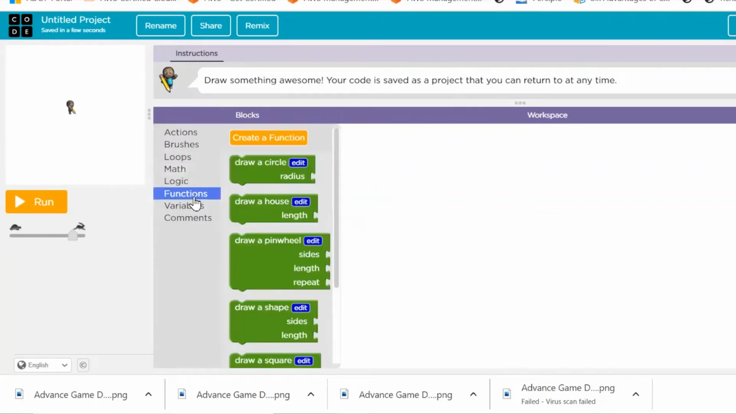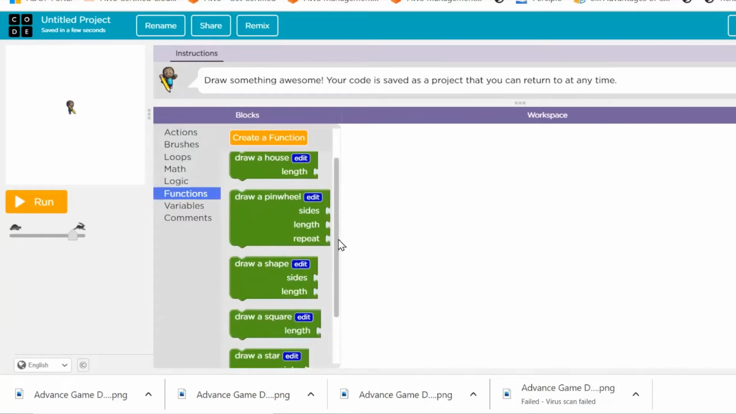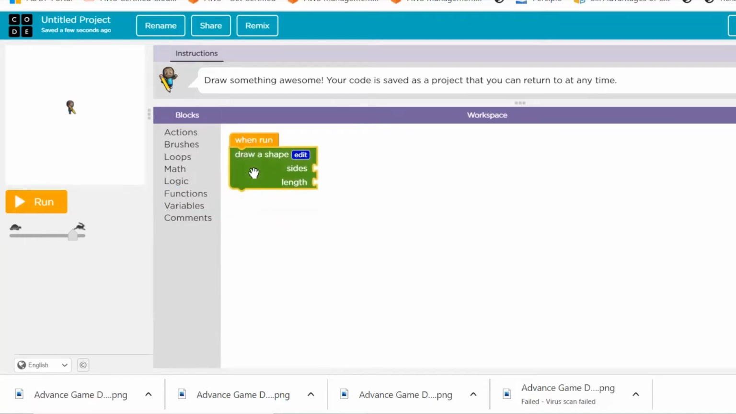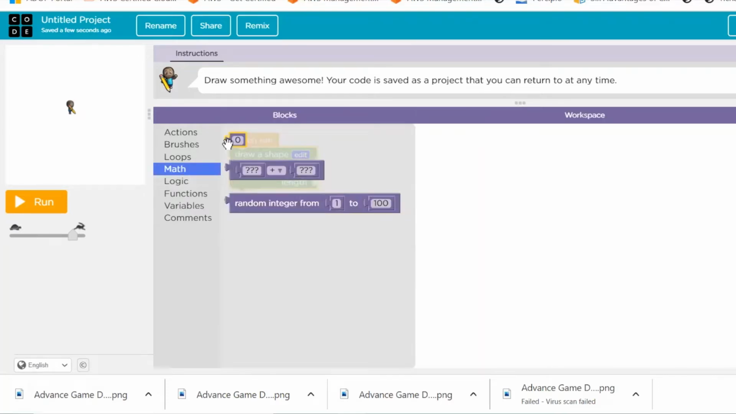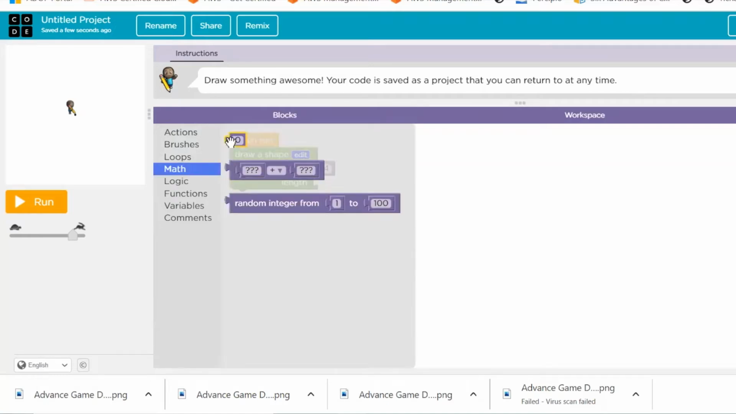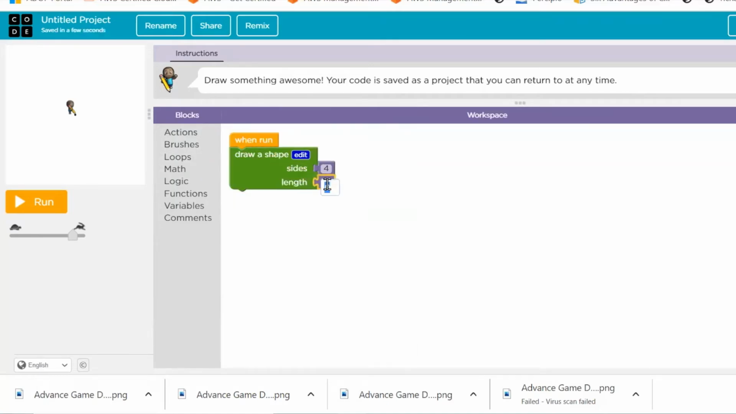Let's explore some of the functions that have more than one input parameter. Probably we can explore this draw a shape. What does this draw a shape do? It is asking you number of sides and the length. So it means you pass it any number of sides. If you want to create a square, you pass number of sides 4 and you also pass length. It means you are passing the information to this function draw a shape. I want to draw a shape with 4 sides and length 200, or maybe 150. So it will create